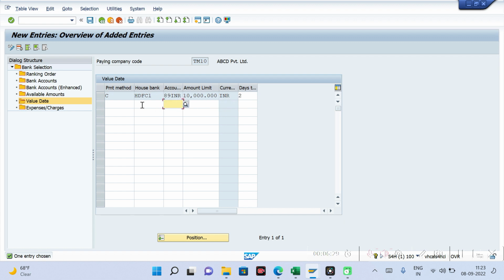So whatever house bank currency you have or whatever account ID currency you have, it will always convert the value in your local currency. Local currency means your company code currency, and it will go based on the amount limit. So again I'm repeating, your payment method is for this house bank, for this account ID, and this is the amount I'm limiting. So 2 days I'm adding in the run date to calculate my value date. So add it here, then save it, come back one more time,